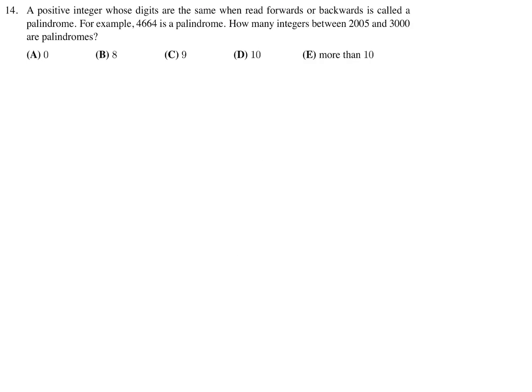A positive integer whose digits are the same when read forwards or backwards is called a palindrome. For example, 4664 is a palindrome. How many integers between 2005 and 3000 are palindromes? So 2005 to 3000, the numbers in between. Okay, well, it's a palindrome, so we've got to deal only with numbers 2006 to